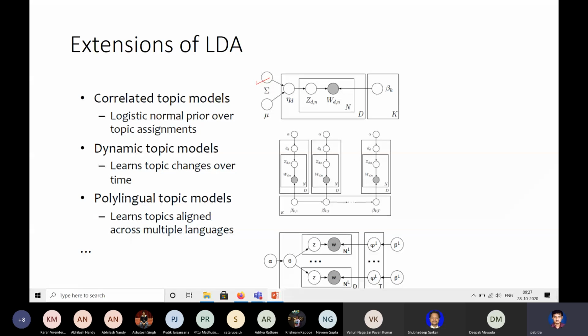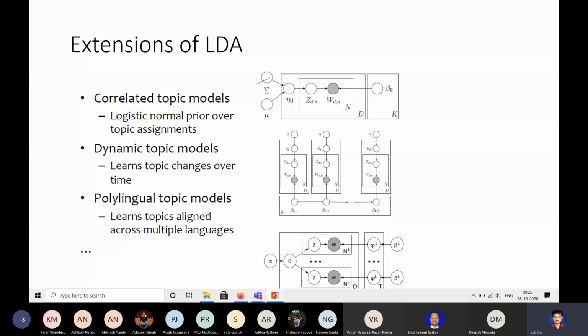So you have a slightly alternate plate model with an additional parameter beside the Dirichlet parameters, and these also act as kind of smoothing parameters. And then you have another factor, a more complex factorization of the joint distribution using this sigma and mu and all those. And using a similar Gibbs sampling, you can learn this. Note that Gibbs sampling is just one way of learning. There are many other ways. For example, you can use variational inference. If you go to the textbook, the original David Blei, who proposed the topic model, actually gave a variational inference learning mechanism for LDA, not the Gibbs sampling.